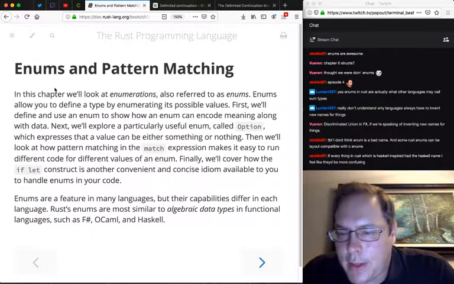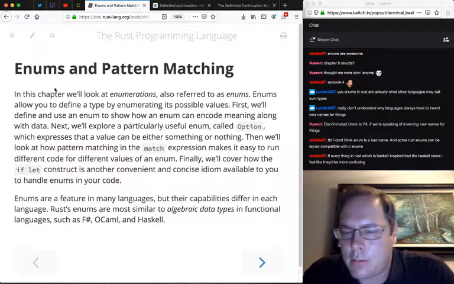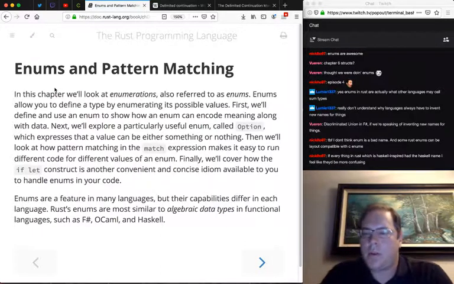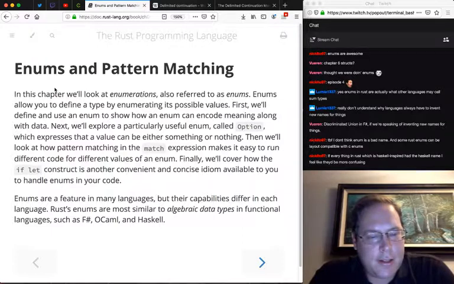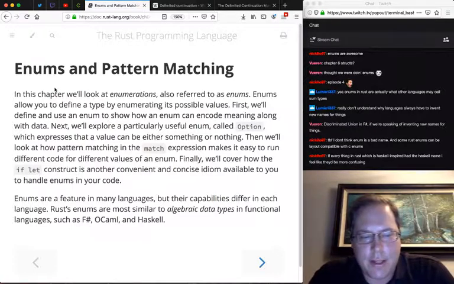If everything in Rust, which is Haskell inspired, had the Haskell name, I feel like they'd be more confusing. Haskell inspired, I guess maybe? Maybe it is okay to differentiate. Enums are a feature in many languages, but their capabilities differ in each language. Rust enums are most similar to algebraic data